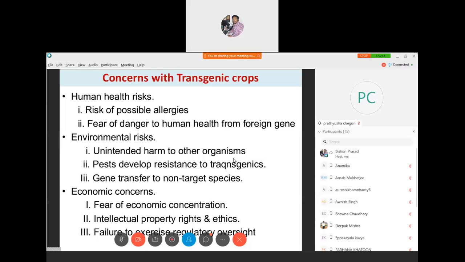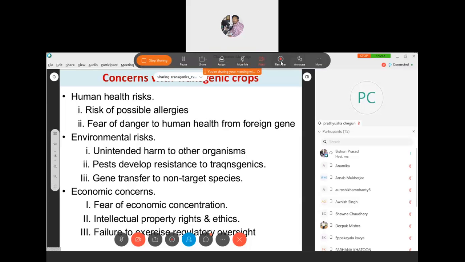But you have seen that the BT gene binds to a specific receptor. These specific receptors are only present in the Lepidopteran pest. So your BT toxin will not have any adverse effect on any beneficial organism. Even in our human body, if we consume the BT protein or Cry protein, nothing will happen, because our stomach pH is acidic. It will not solubilize at acidic pH, because you have seen that for solubilization we need basic pH. In our stomach the pH is 4 to 5, so it will not solubilize.